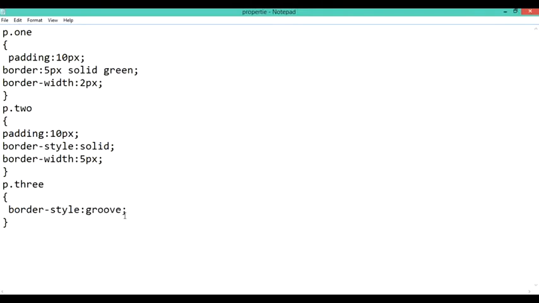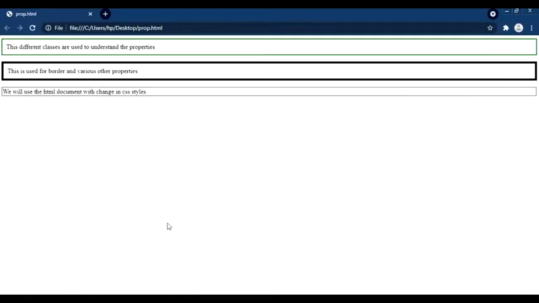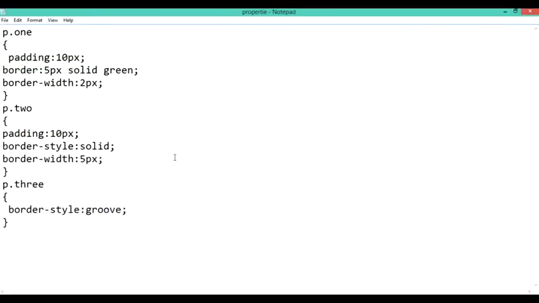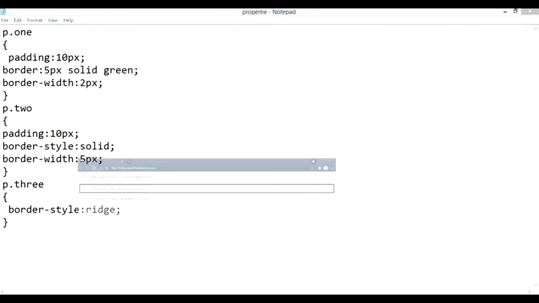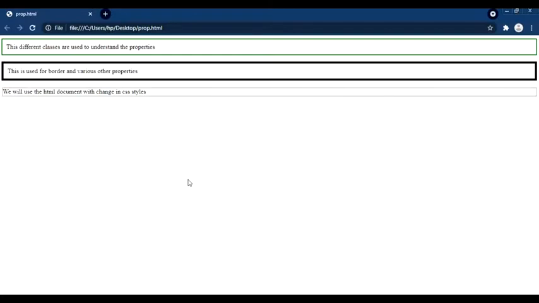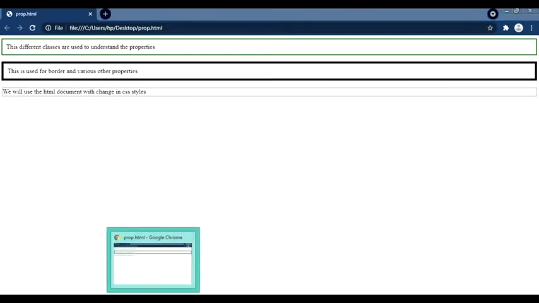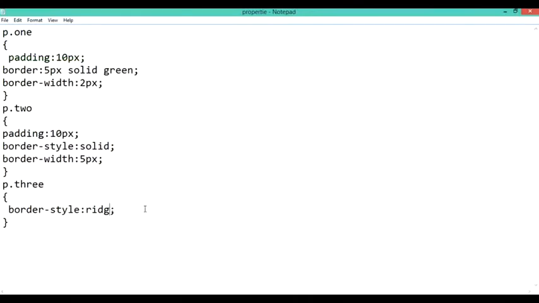So basically a groove form will show me some text that is displayed with some color effect. Then we have a text type with a border style that is ridge. When we are talking about ridge, it is used to show me the border in a ridge format, in a particular place, displayed in the format of a groove but different from the groove format. So when we are talking about the border point of view, border is used to tell us how we can style it and how we can use it.